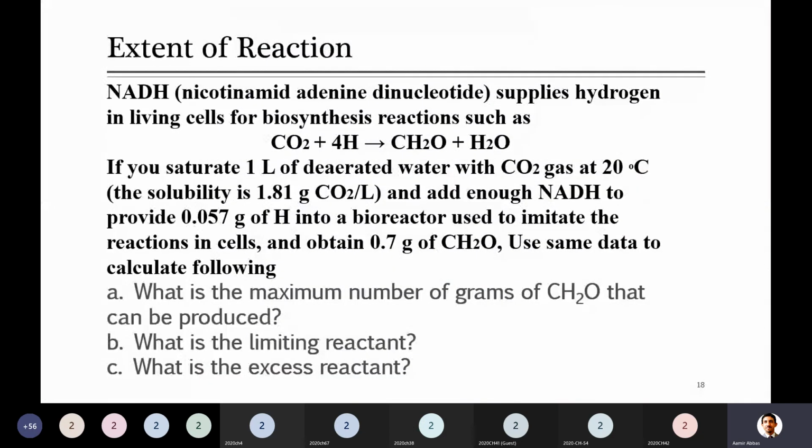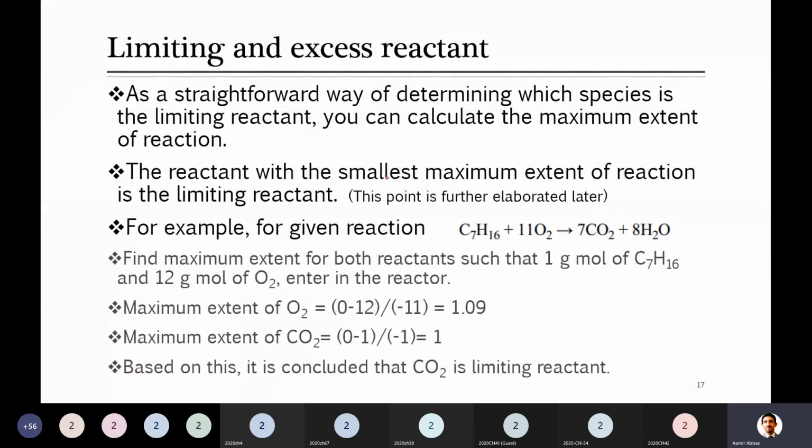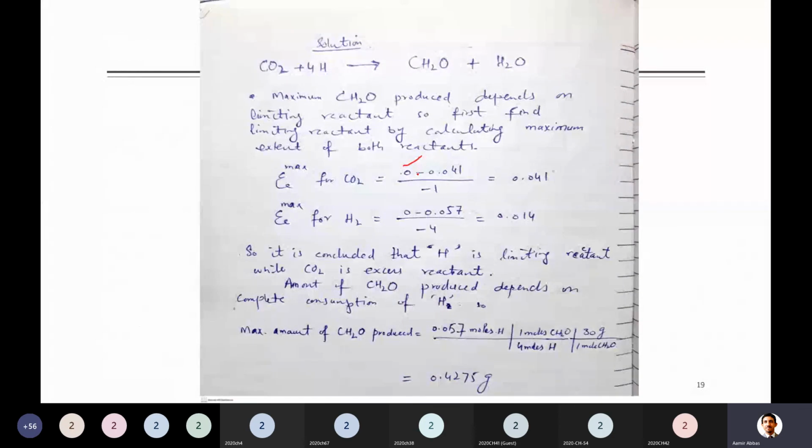So you can find from here there were 1.81 grams. Actually I found this in the last problem when I solved it, so I have directly used here this value for the number of moles of CO2. You can just calculate it again if you are concerned. It is 1.81 divided by how much? I think 44. So that is 0.041. These moles, which are given initially, are divided by the coefficient in the equation, that is -1. So its value is 0.041.